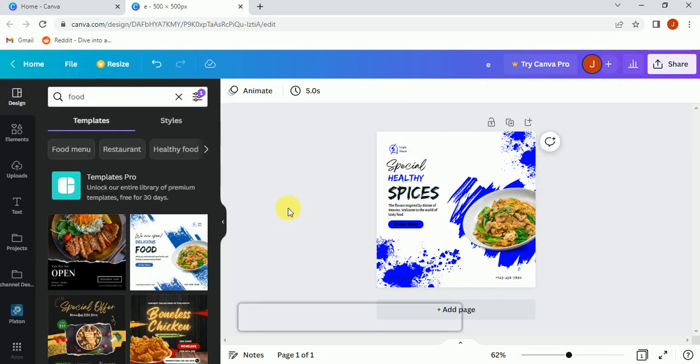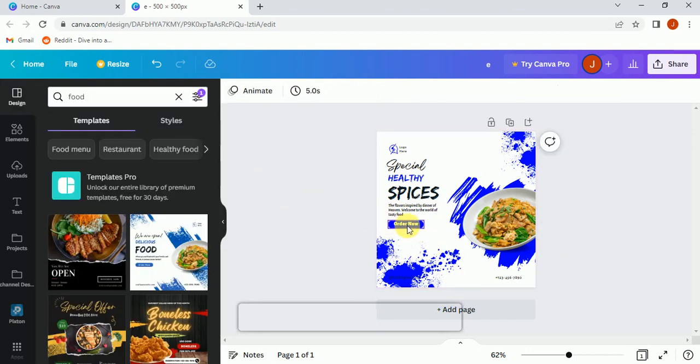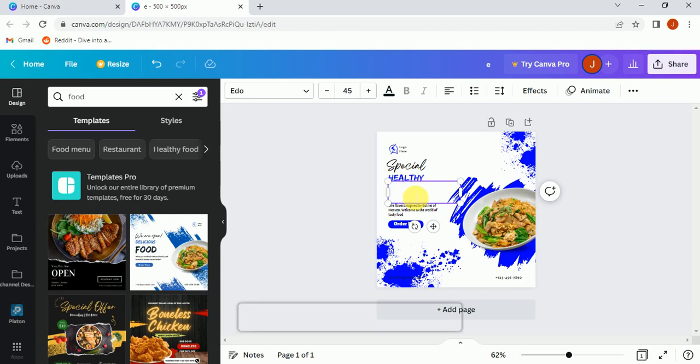I think white suits, so I change this, and now I can also change the brand name, like this is special healthy spices, and I change this spices into food, special healthy food. So you can change this text according to your data. You can also change this. I type the food you must like. So as you can see, I also change the tagline, and